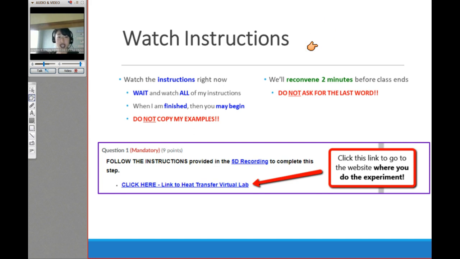So I know for a lot of labs we do a recording, but because this is a super short and sweet lab, I'm actually going to do it for you live. But here's the deal. I want you guys to at least wait and watch me do the instructions. Okay, so watch all of the instructions, and then when I'm finished, you can go ahead and do it yourself,